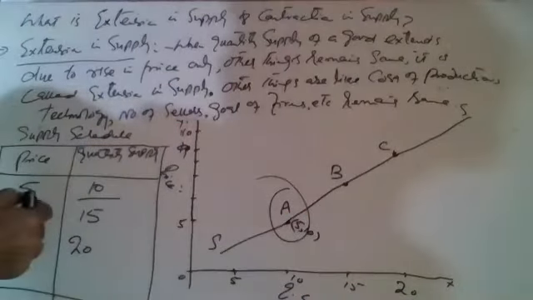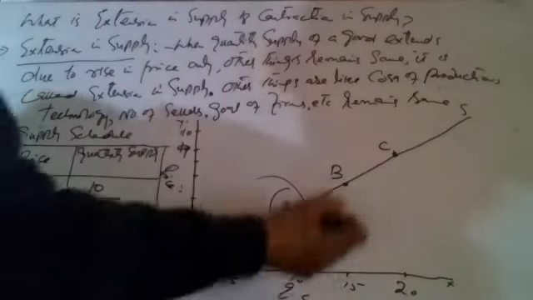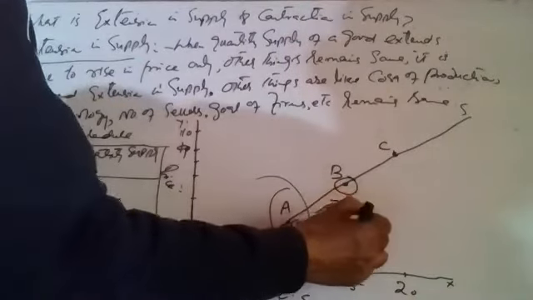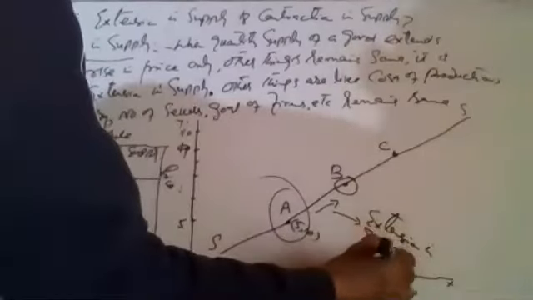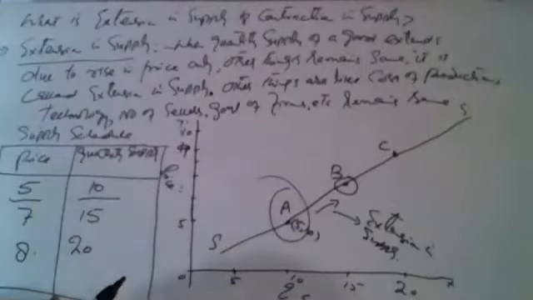When price extends from 5 to 7, the supply extends to 15. We move from point A to B. So movement from point A to B shows extension in supply. So this is how extension in supply works. We can simply write down to explain this